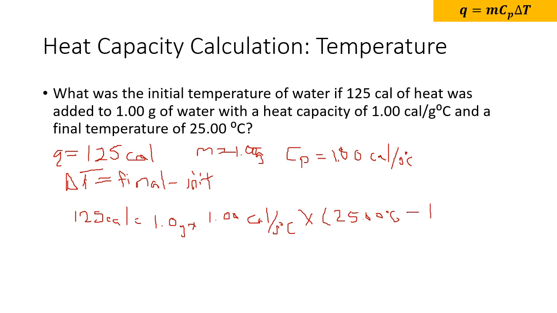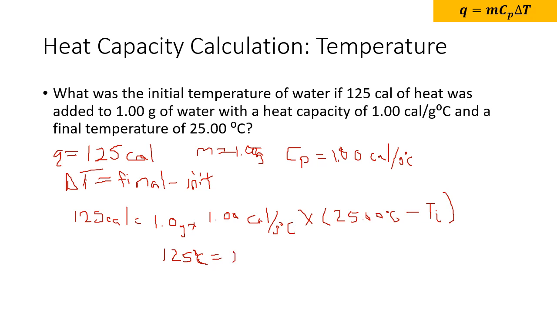And then we're going to say minus T sub I, which is for initial. And we're going to divide both sides by 1 gram and 1 calorie per gram degree Celsius. And because it's easy to divide by 1, I am not going to show you how to do that. Just know that our calories cancel and our grams cancel, so we end up with 125 degrees Celsius is